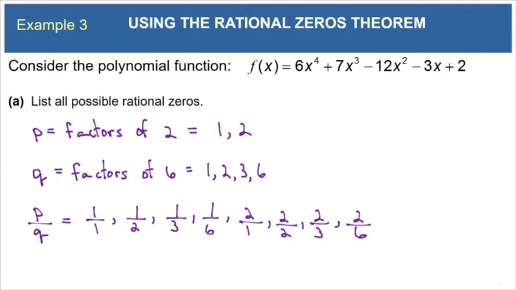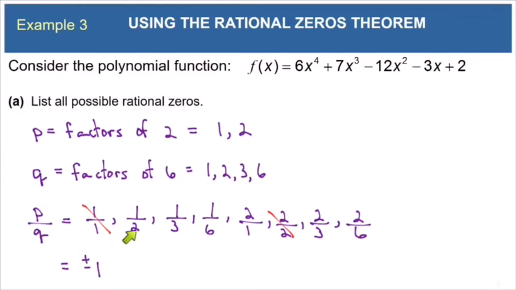Now, there's no sense in listing any number twice, so numbers that are duplicates can be ruled out. So as I go through here, I'm going to simplify each fraction, and if it's already in the list, I'm just going to omit any duplicates. And I'm going to put a plus minus in front of each possible rational zero. So 1 over 1 simplifies to 1. So positive 1 and negative 1 are both potential rational zeros. Now, while I'm here, notice that 2 over 2 would also simplify to 1, so I'm just going to go ahead and cross both of those out. They are both represented by this plus or minus 1 here.